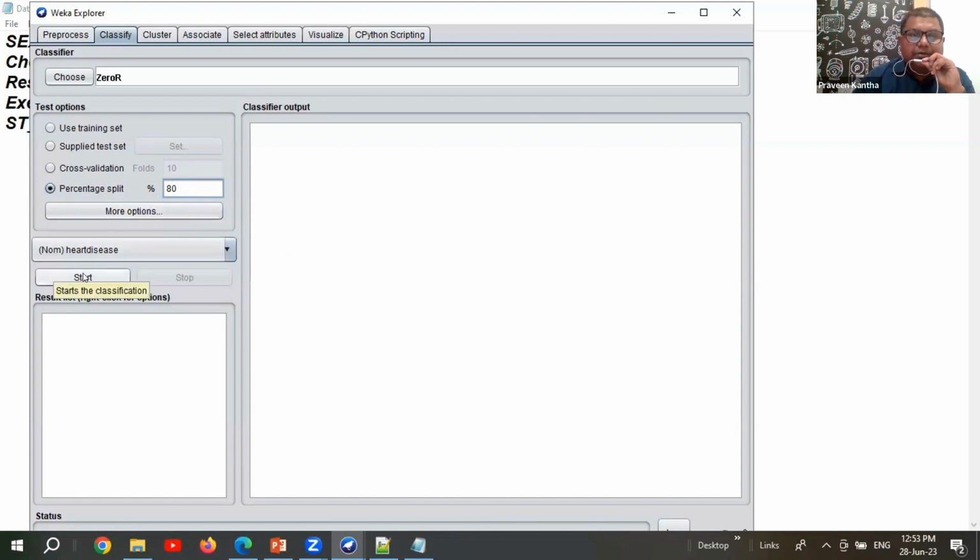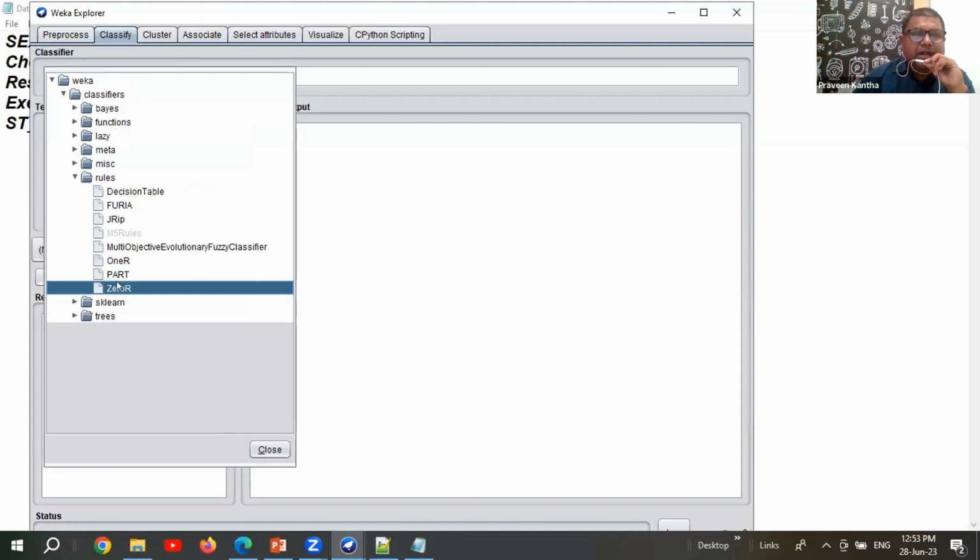And then you simply have to select the class, which is heart disease. Here you can choose any of the classifiers with the help of the Choose option. Simply select the Choose option, and suppose you want to do the decision tree